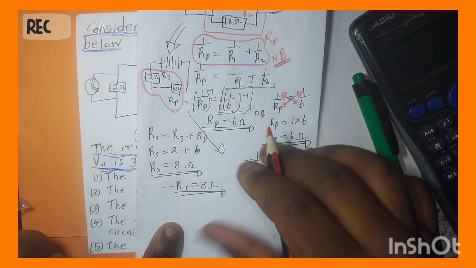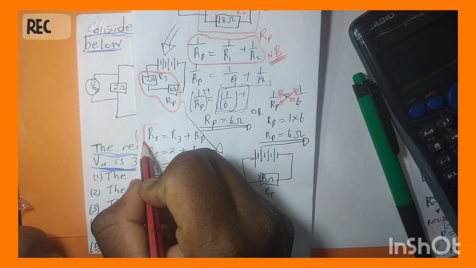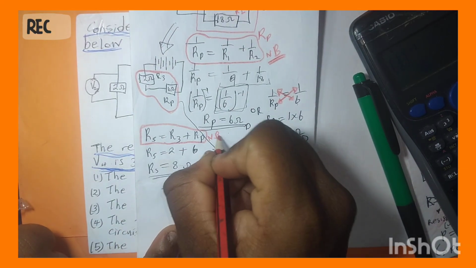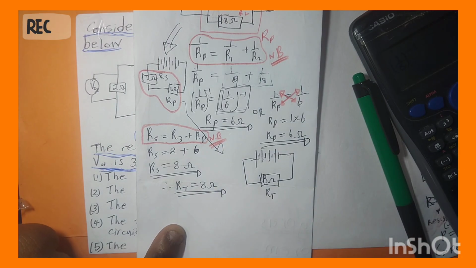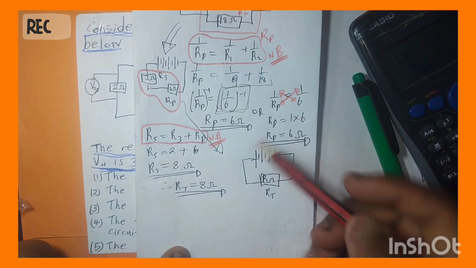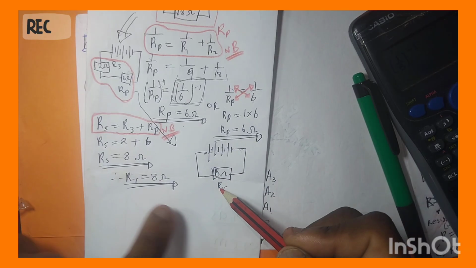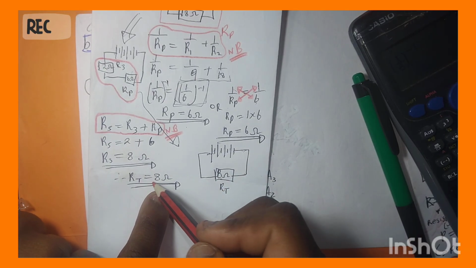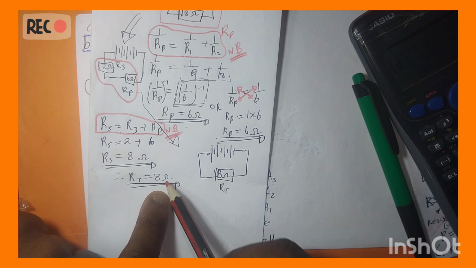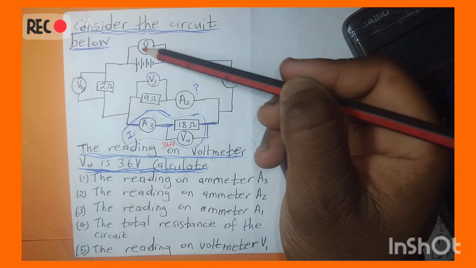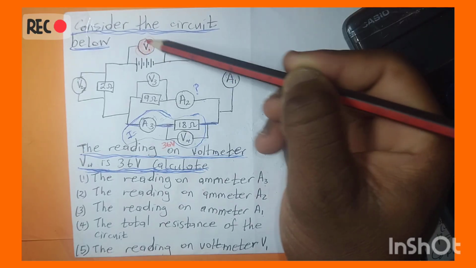But when you are calculating resistors which are in series, this is the equation that you will use. Then I'll put NP there. Do you see? Yeah. So now as your final answer, the circuit will become like this, which is its total resistance. So now the next question will say, calculate the reading on voltmeter V1, which is here. They need you to calculate this